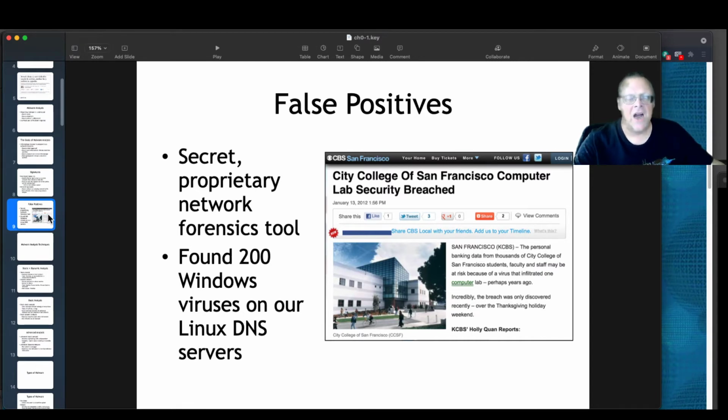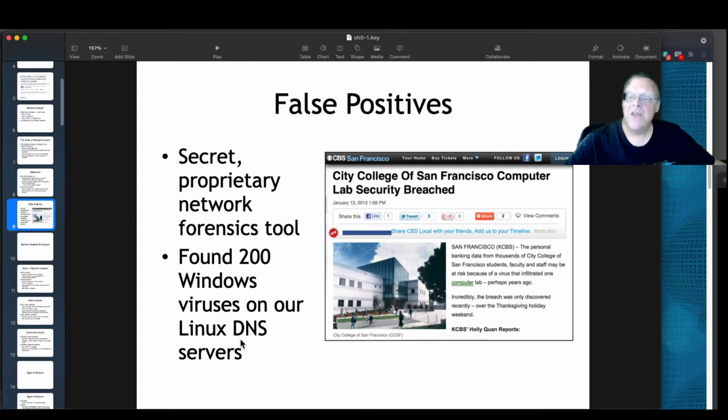And he did this to City College. He said that we had tons of viruses everywhere. He didn't tell anybody at the college or do anything about it except go to the newspaper to make a huge international incident, which it did. It went around the world, terrified everybody. And I was the one at the college that knew this was not true because my students had done a security audit of the college twice as part of my CISSP class, and I knew that that was not true. And it took us about a year to get him fired and push him out,